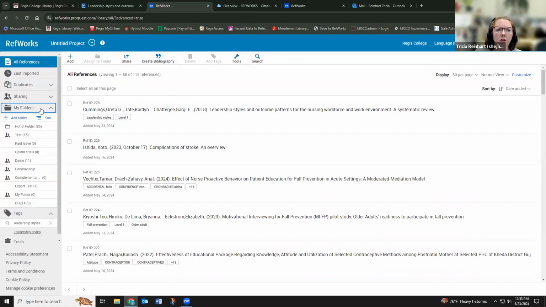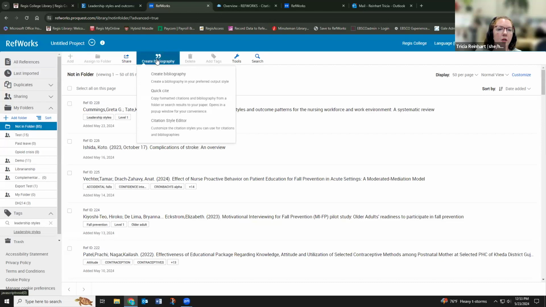Just make sure you're in the folder you want to generate your references list from. Go to create bibliography,